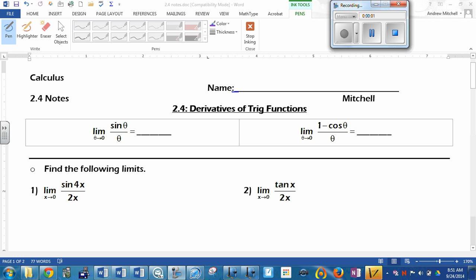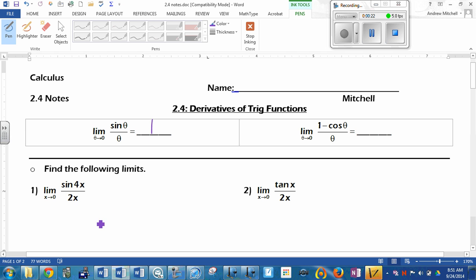We're going to talk about derivatives of trig functions. But before we do derivatives of trig functions, we're going to kind of go back to limits of trig functions, get a little review of that. Remember from the first chapter, the limit as theta approaches 0 of sine of theta over theta is just going to be